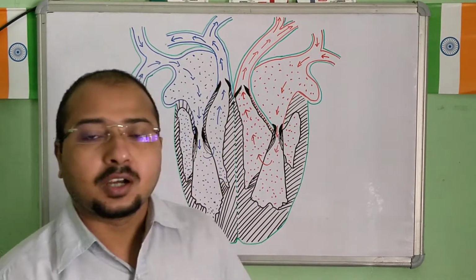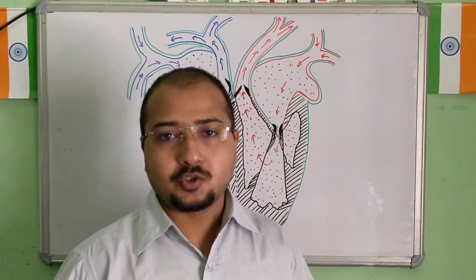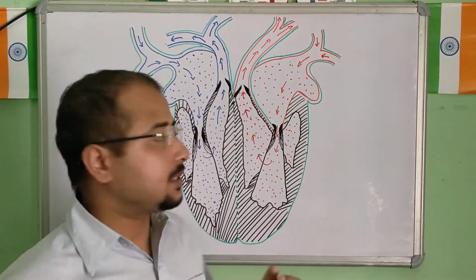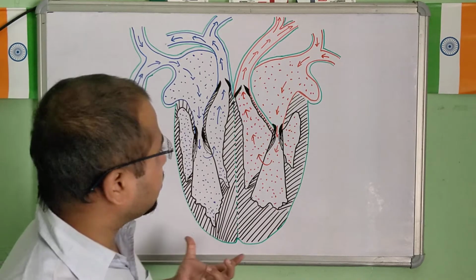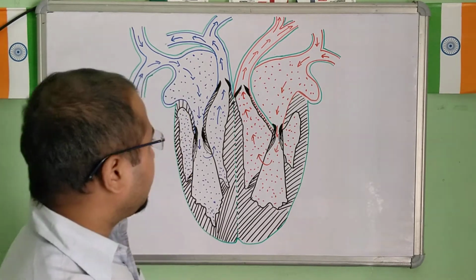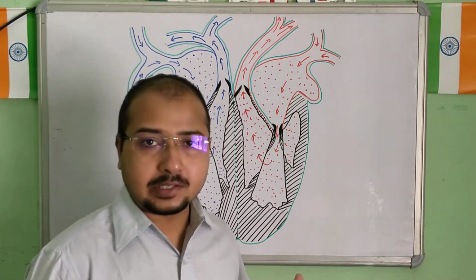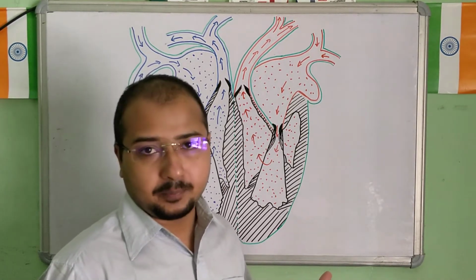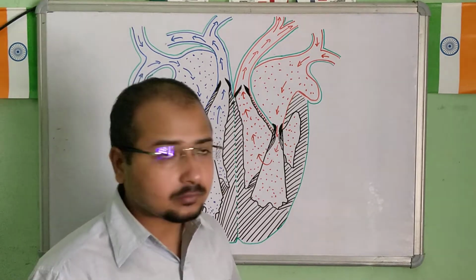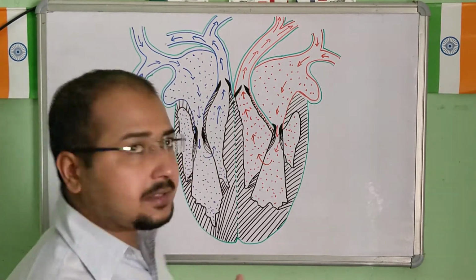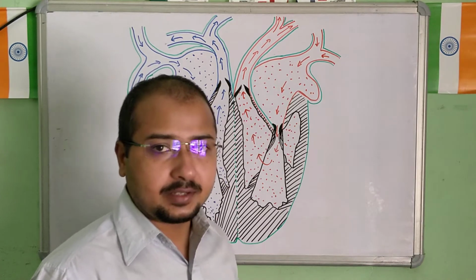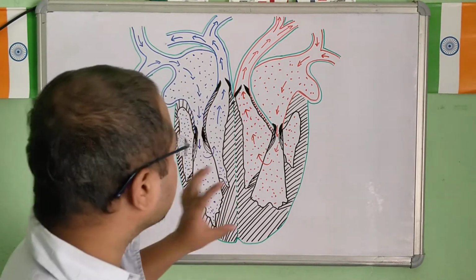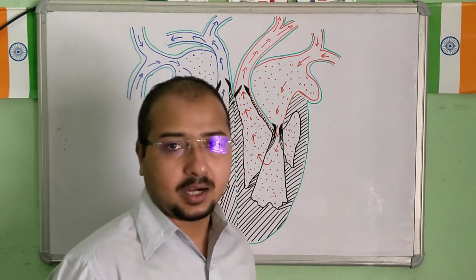In this video I am going to share with you the structure of the heart. You can see I have drawn a diagram of the heart here on my board. This diagram you can also practice. This is a comparatively much easier diagram of the heart. Now I will first discuss some basic features of the heart, the external features first, and then I will discuss the internal structure of the heart.